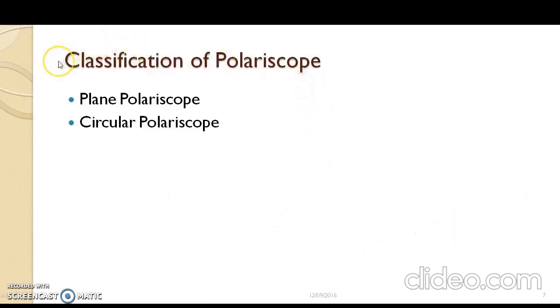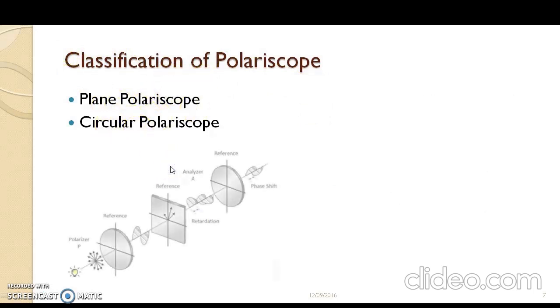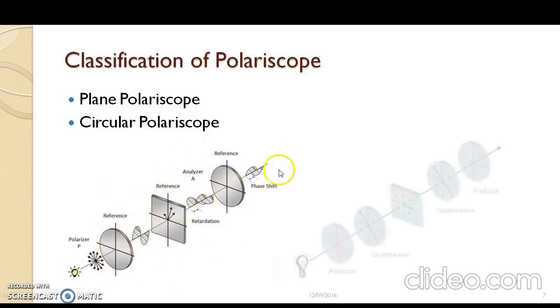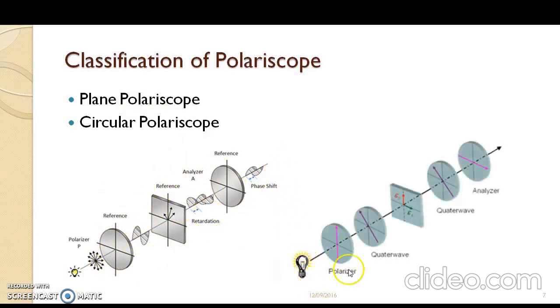Now let us understand the classification of polariscopes. Polariscopes are classified into two types. One is the plane polariscope, the other is the circular polariscope. The plane polariscope consists of a light source, polarizer, and analyzer, where the photoelastic model or stress model is kept in between them. A circular polariscope also consists of a light source, polarizer, and analyzer. In between the polarizer and analyzer, you have a stress model. Along with it, you have something called quarter wave plates. These quarter wave plates retard the rays by a quarter wavelength. That is why it is called a quarter wave plate. You also have something called a half wave plate and a full wave plate. As in the case of a plane polariscope, the photoelastic model itself acts as a full wave plate.